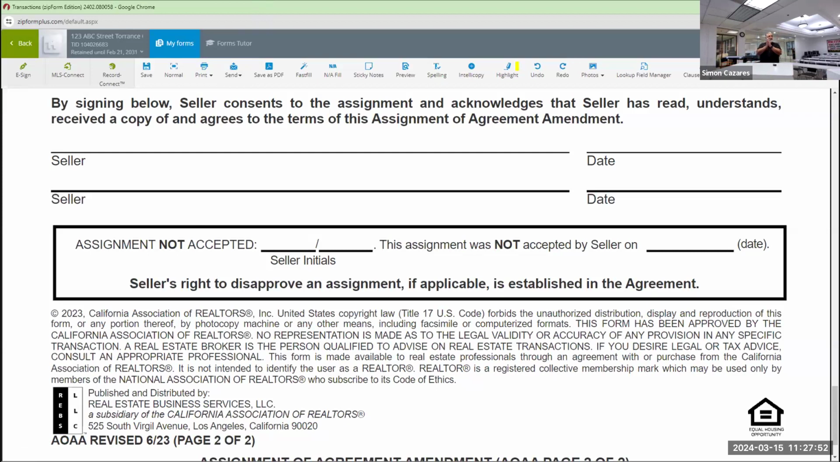Because remember, 17 days is a long time for this buyer to be fishing for other opportunities to assign it to someone else. So if you know it's an investor, you want to counter that the buyer shall be able to assign it, but not 17 days, only 3 days, 2 days. Okay. So once you get the acceptance and you're in escrow, as an example,